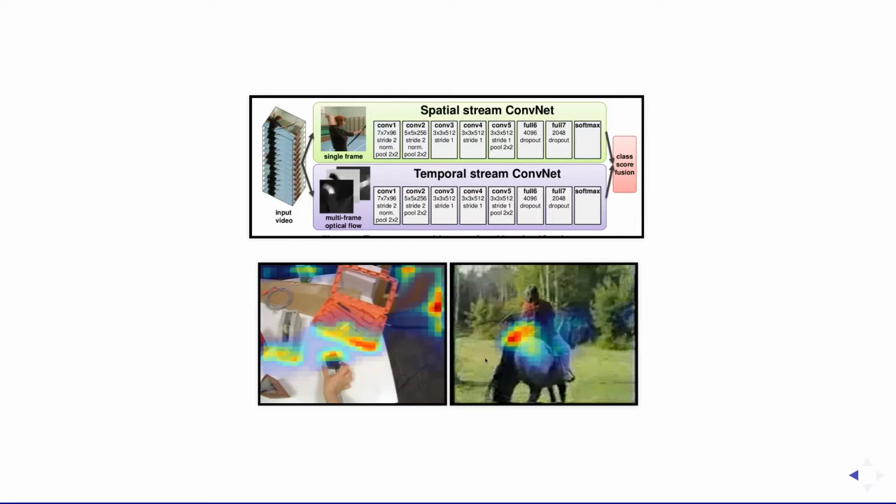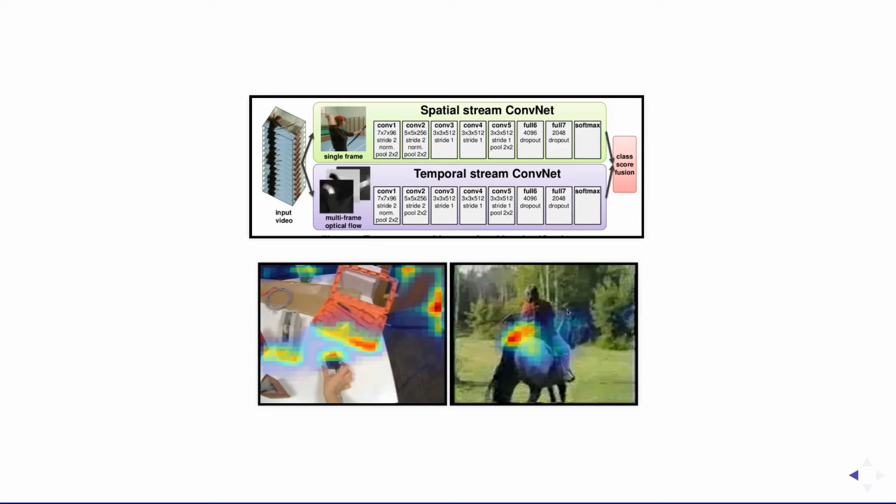Here is a frame from a UCF-101 video, and this is an excitation map generated from the temporal network. This video shows a horse walking along in the centre of the video, and this seems like quite a reasonable result. So the next steps from here are to produce excitation backprop videos from Bioid and UCF-101, for both the spatial and the temporal streams,